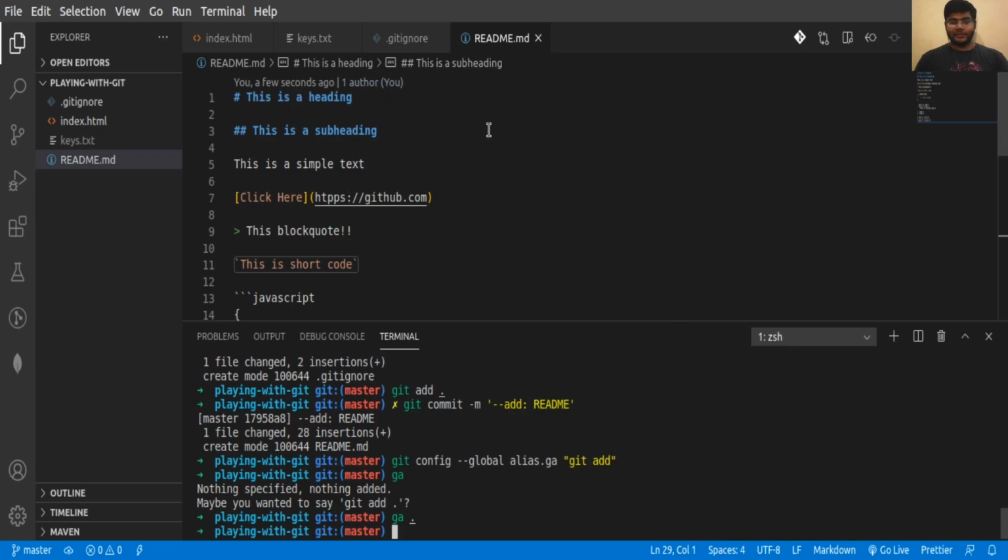So currently we are on master, and we have pretty much stuff here. We have index.html, readme file, .gitignore file, and this keys.txt, which is untracked, so it should not be committed. So let's try to push our changes to our remote. We have already added our remote in the starting. So we can do here git push origin. Origin is the alias we gave to our remote. So whatever alias you have given, you can use it here. And here we have to write our branch. So currently we are on master, we are pushing to master, so we can simply write master.